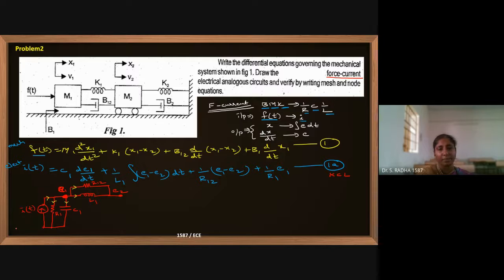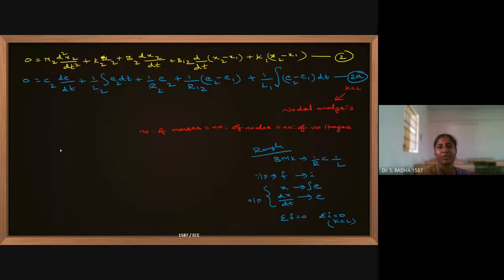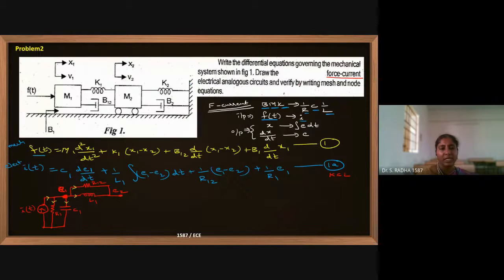So you can see, in 1A, on the left side I of t is there, and it is the incoming current. All other paths are outgoing currents. Now equation 1A is completed. Now I am going to equation 2A. No current source. Equation 2A is related to the second voltage.